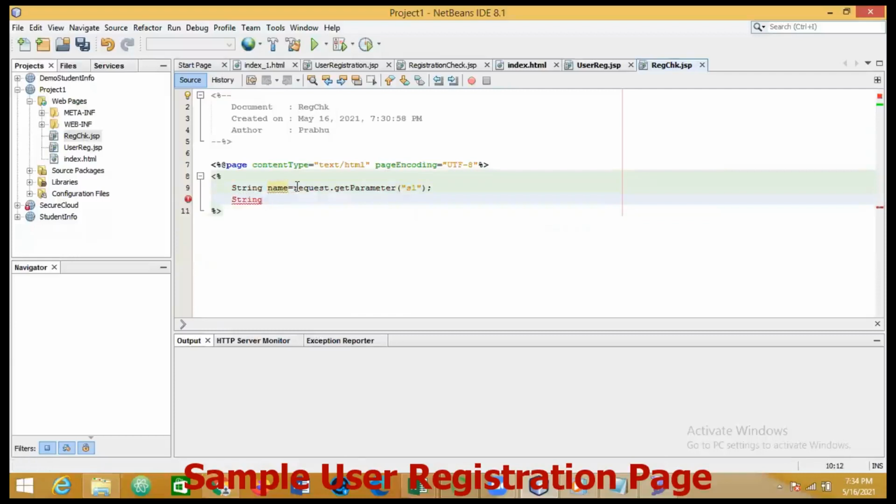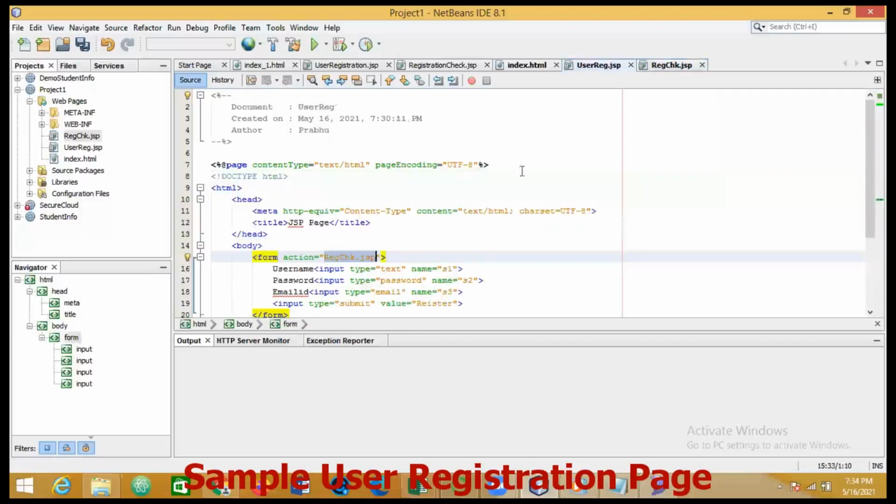Next one is password. I just take this pass and then request dot getParameter. What is the second one? S2. Am I correct? No. S1, S2, S3. Okay.